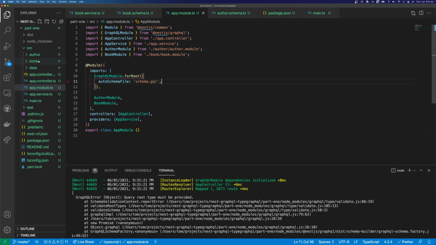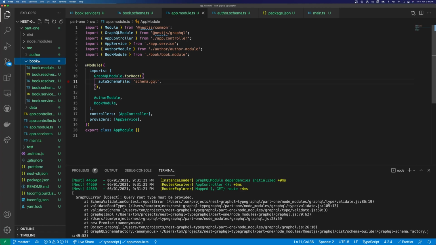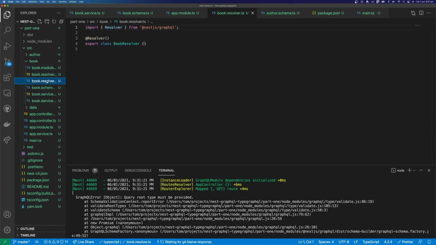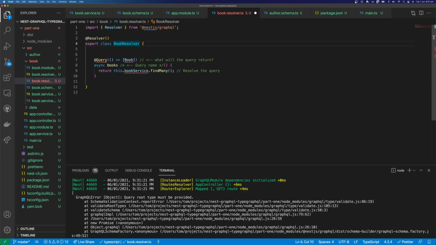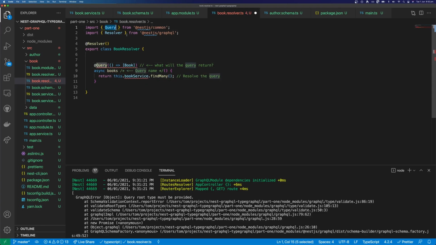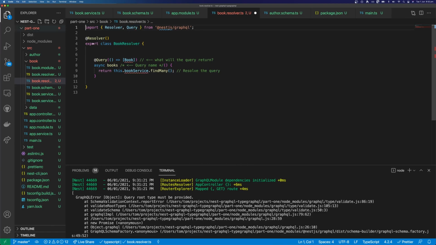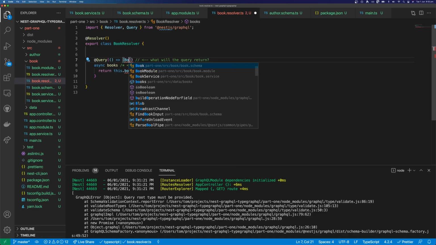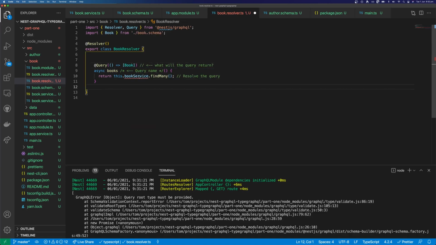And that is because in our resolvers, we have no queries. So let's jump back into our book resolver, and we can start building out a query in here. So the first query we're going to build is our books. So this is going to return an array of books. So we need to import Query from GraphQL. So Query should come from NestJS/GraphQL, not NestJS/common. We need to import our book type,